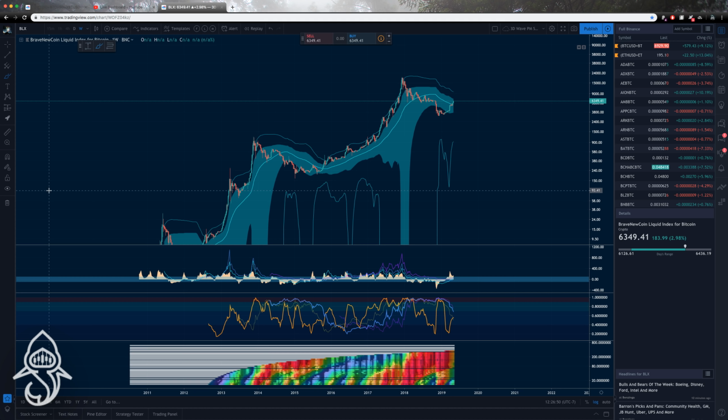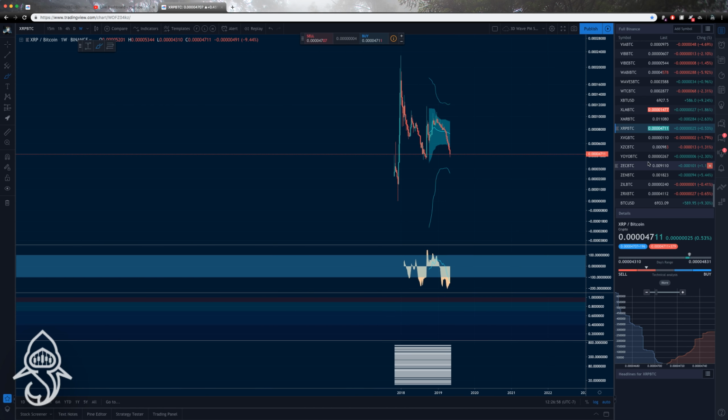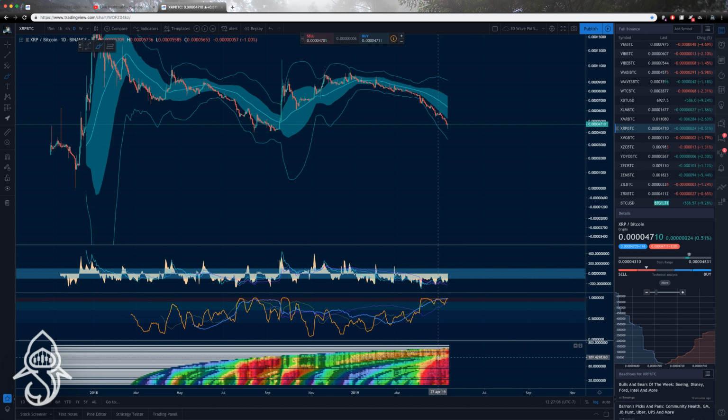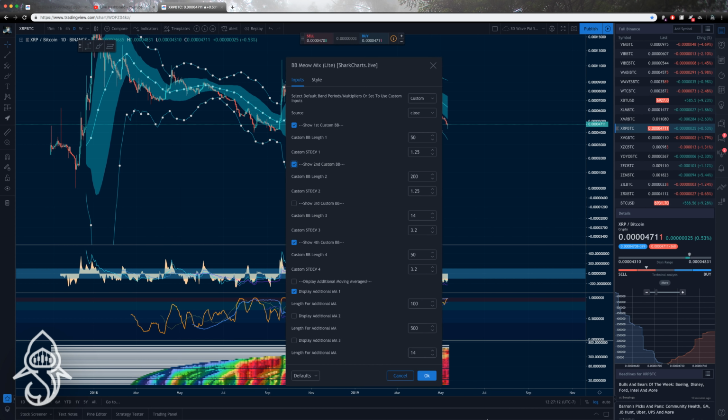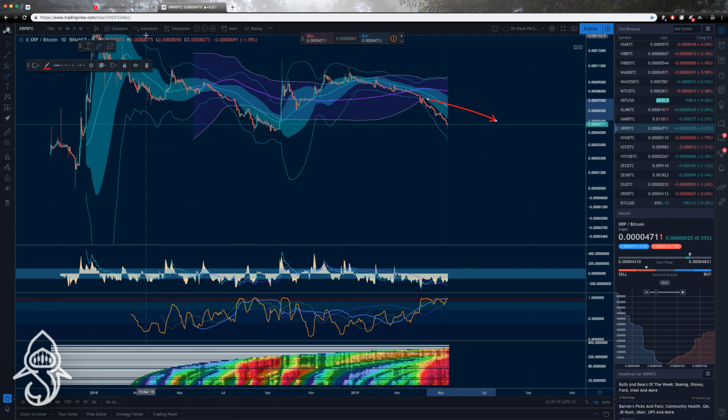If we look at XRP BTC, its mean reversion pivot's going to be miles away. I'm just going to warn you. Oh my god. Okay, so the mean reversion pivot's almost 200. So let's just make the 200 visible. For me to consider XRP in an uptrend, it needs to go above this line. Yeah, that's miles away.